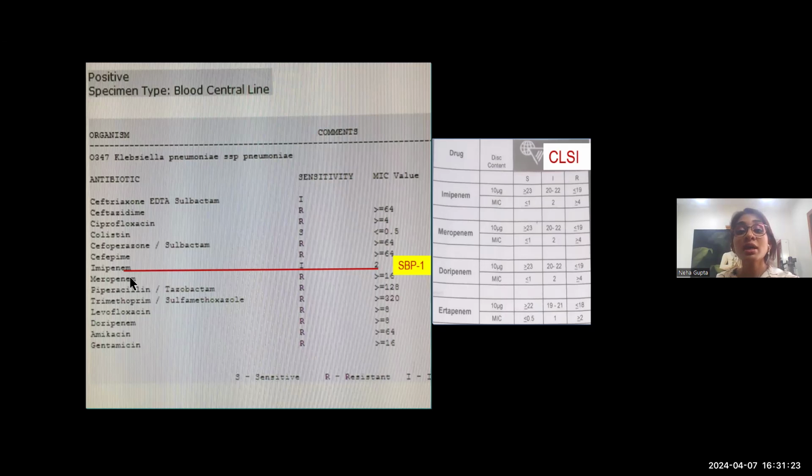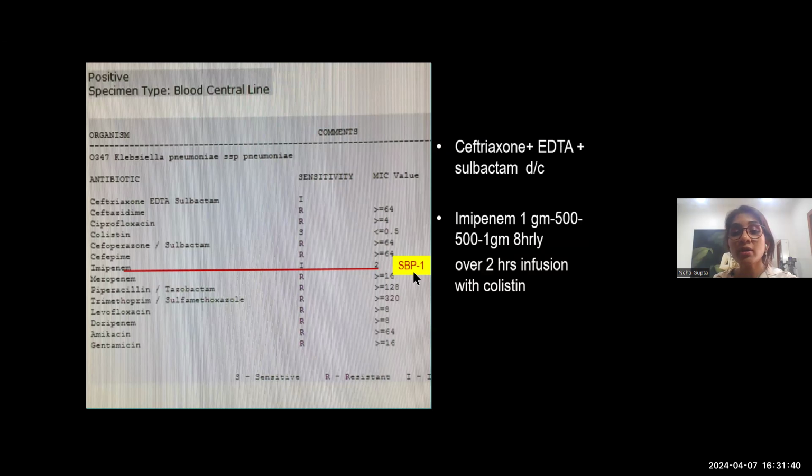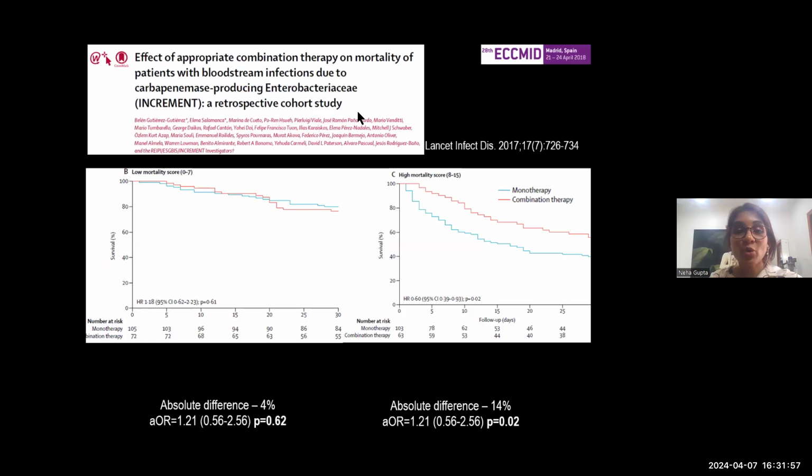This is because in addition to the beta-lactamases, there are other mechanisms of resistance. So probably in this particular patient, the efflux mechanisms are more active, which are resulting in more resistance to meropenem as compared to imipenem. So here we discontinued CEA, and along with colistin, imipenem was added in higher doses, and the patient's fever resolved, as well as there was clearance of the bacteremia.